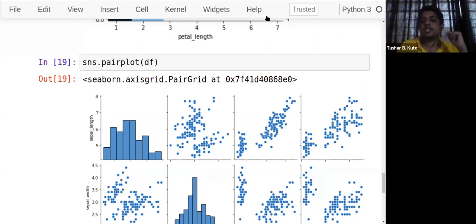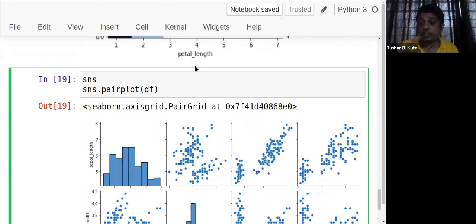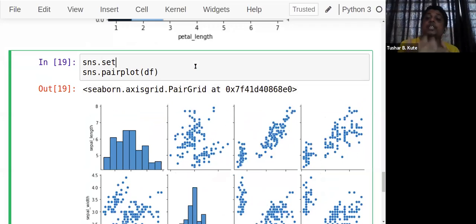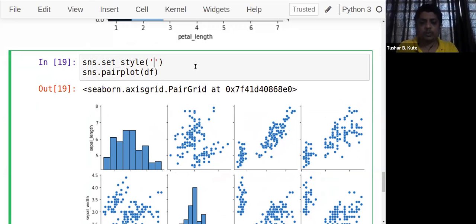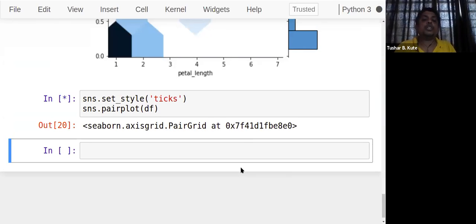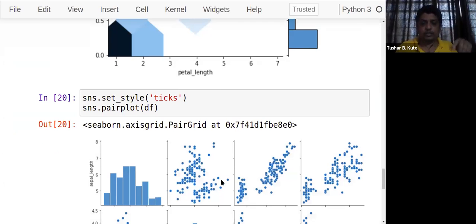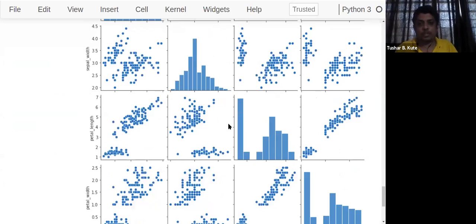Now, in sns, there is a function called set style. I can set the style. As I told in the features, there are many themes. So styles are present, and you can make use of set style to change the theme also. Let's use the style ticks. Many styles are there; we need to check the documentation. Now you can see the style has changed a bit. It was containing a border in black color, and it's getting white color now, for all of them. So this method we can use.